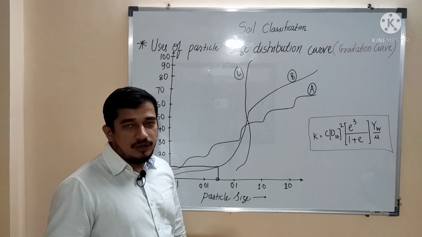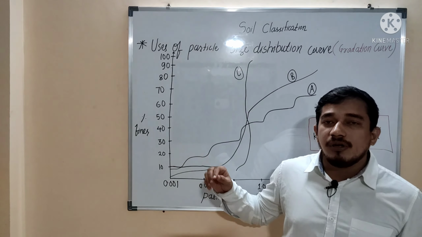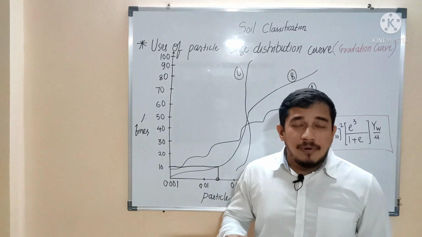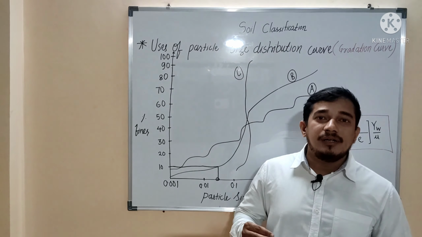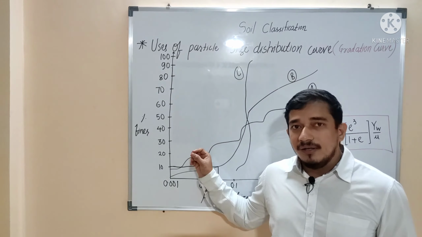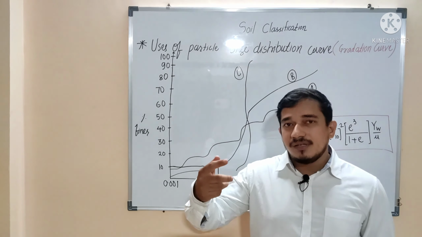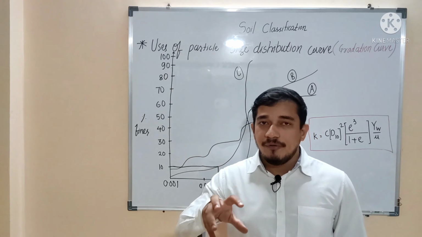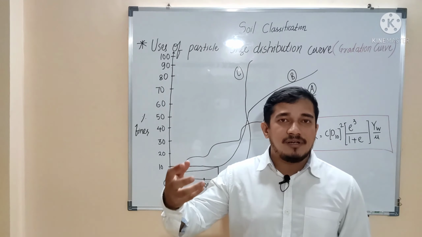In case of a residual soil, if it is at initial stages, then the particle size distribution curve will be wavy. But as the duration passes, as time passes, and if we do the same particle size distribution analysis for that soil, then you will get a smooth curve. So if the curve is wavy, then we can say that it is at the initial stages. We can identify the age.